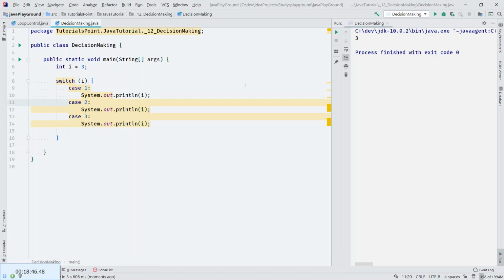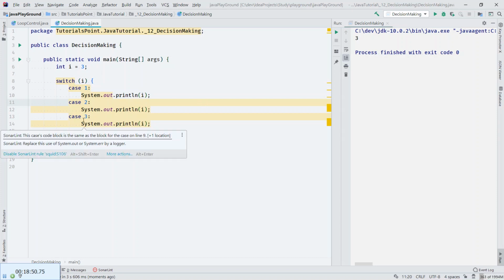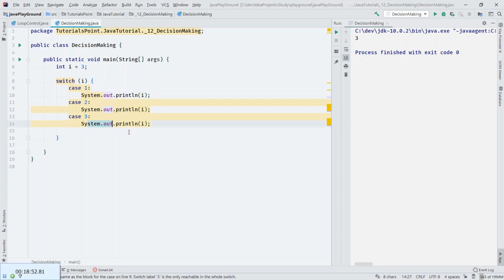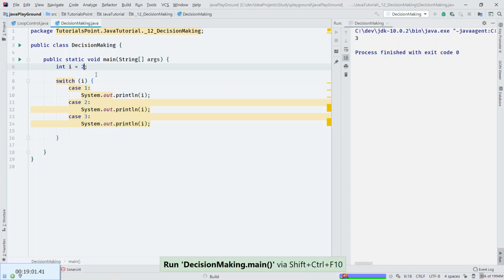So the i is 3, switch takes the i, and it's equal to 3, so it executes this one. But what you might not know is this thing, and this one is 2, and something's behind it.